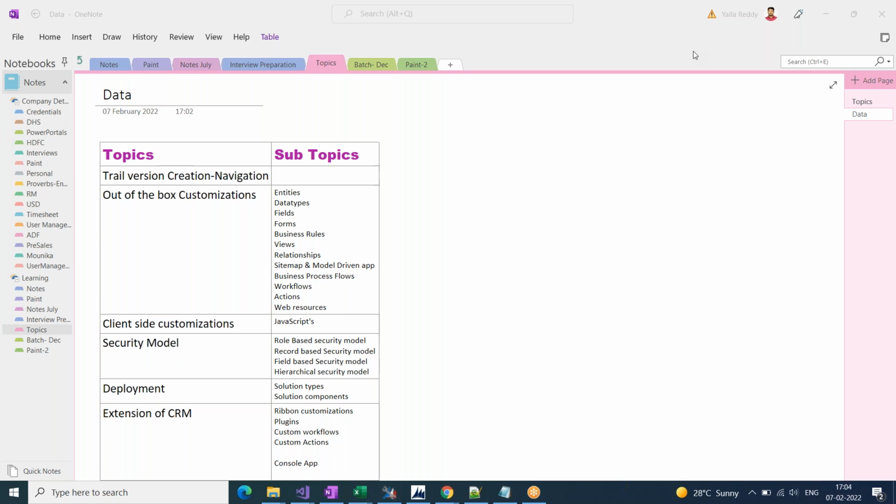Coming to what I'm going to provide you as part of this training, basically this CRM application is a business application. Instead of calling it an application, you can call it a platform. It's like the Microsoft business platform where you can build a couple of applications based on the client requirement. When we call it a platform, it means you are building an application on top of what you have.